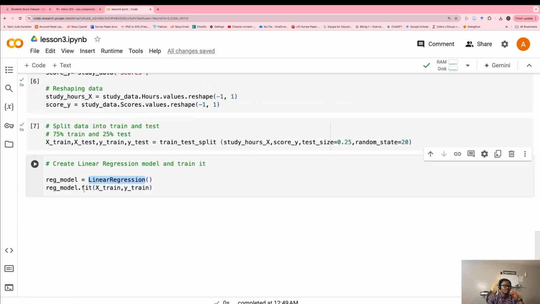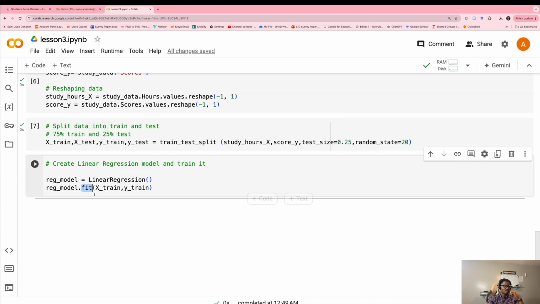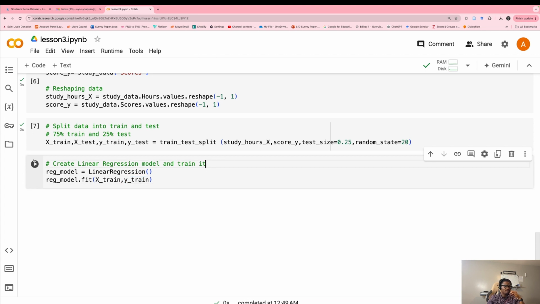So this is what we use to train. You say regression model dot fit. This fit means train. So we train with our x train, where x is our number of hours of study, and y is our score. Please note that. Then we just do this, then we have this.